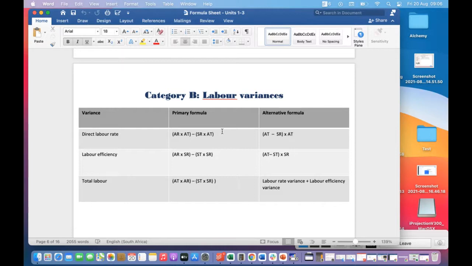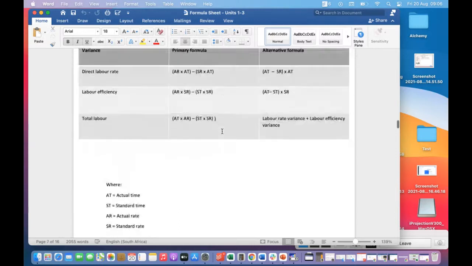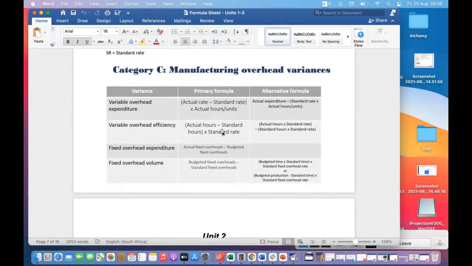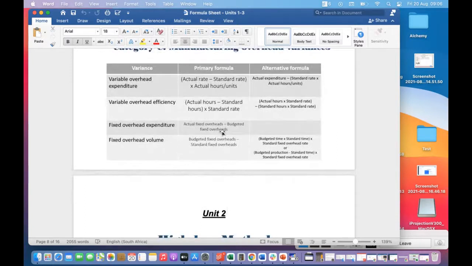Now we're looking at the difference between the two. Your standard time times your standard rate, or budgeted time times your budgeted rate, then the difference with your actual time times your actual rate. All right, that's the total variance, or labor rate plus labor efficiency variance. I think when you understand what you're trying to do, it's a lot easier to actually calculate. I need to review this and adjust it to how I recommend it, because when you do it that way, you'll be fine.